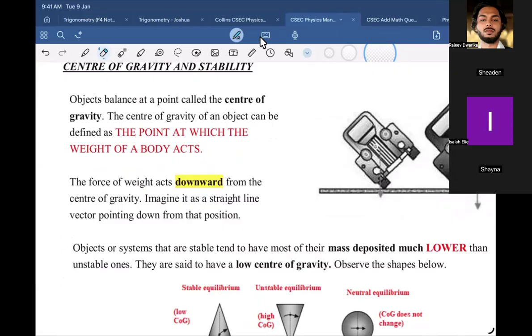Let me explain that. When you're bored in class, any of you ever try to balance a pencil? Isaiah, you ever try to do that? Balance a pencil? And usually, where do you land on? The center, right? Shayna, when you balance a pencil, you usually end up with the pencil and your finger being in the middle of the pencil.